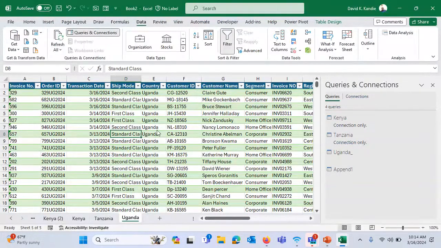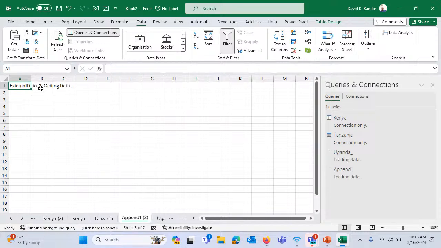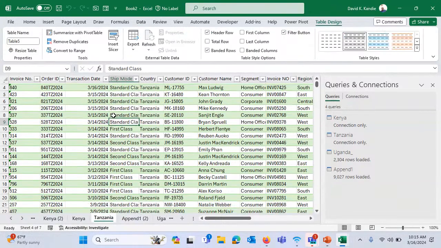So some of this has to do with data prep. When you prep your data, remember when I brought in the headers manually, that is why you have Uganda having an issue, because what Power Query does is it uses the headers to combine. Now, if you have a snip of Tanzania, and why it doesn't is, if you look at this,